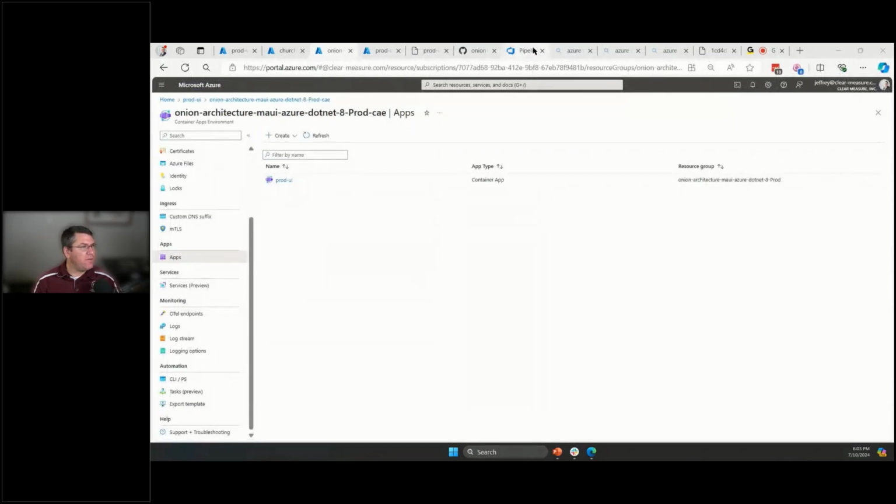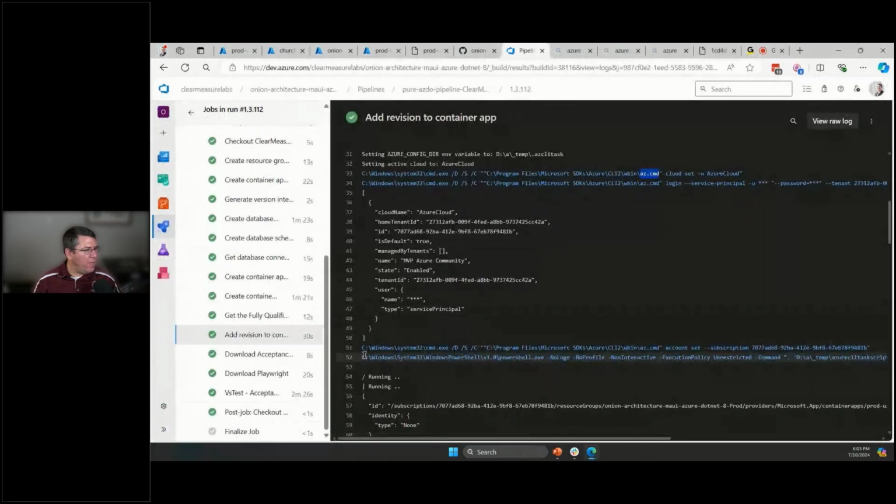Okay, so when we are going to update an Azure Container app, it's really important. You're going to create your Azure Container environment when you decide that there needs to be production or UAT, and you're going to create it, and it's going to live for a long time. And then you create your first Azure Container app inside of it,